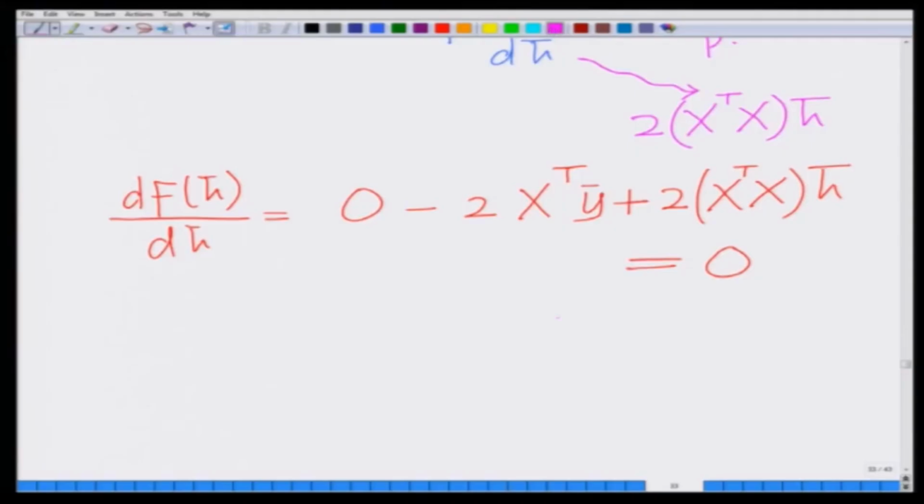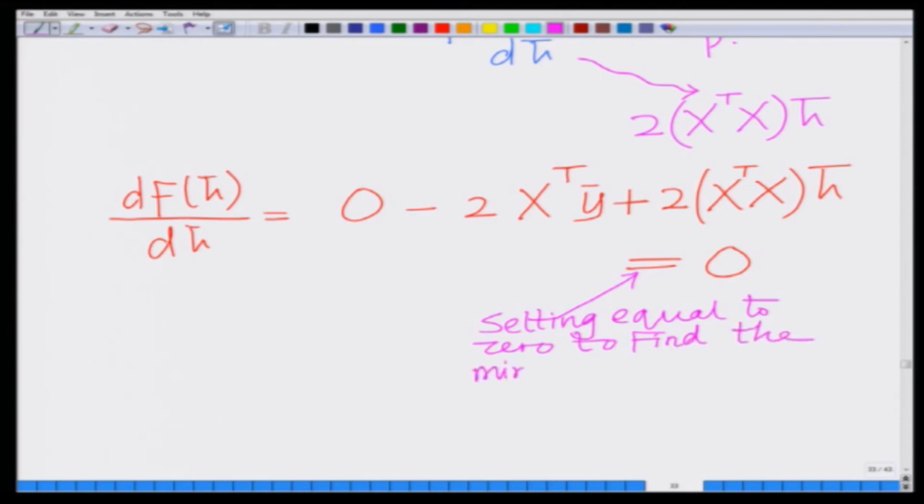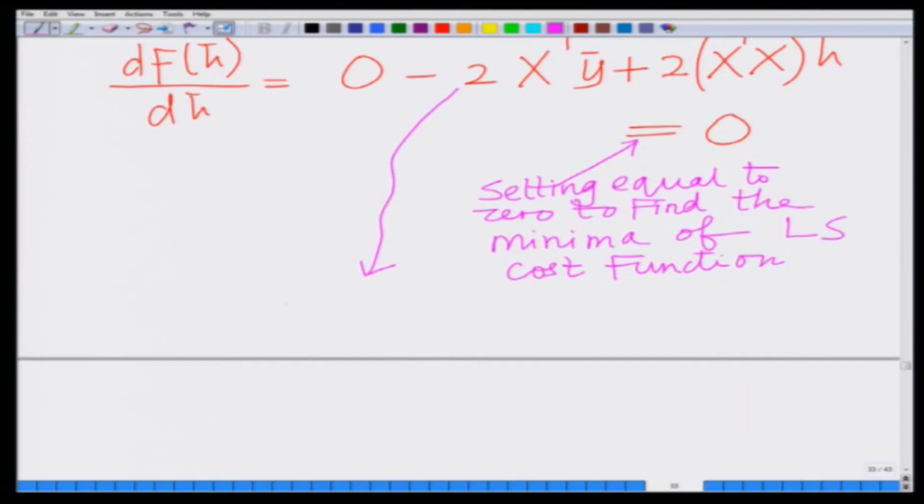That is the parameter vector H bar where the vector derivative is 0 corresponds to the minimum of the least squares cost function, and that corresponds to basically the maximum likelihood estimate of the parameter vector H. So, basically here you are setting it equal to 0 to find the minima, let us put it that way, of the least squares, that is your LS cost function,